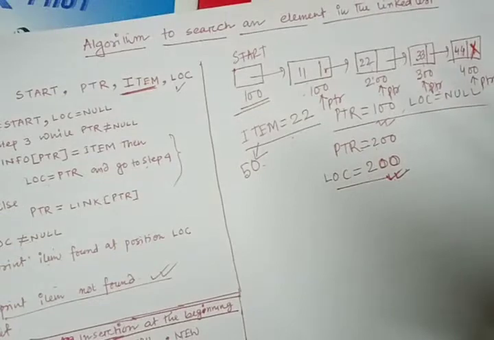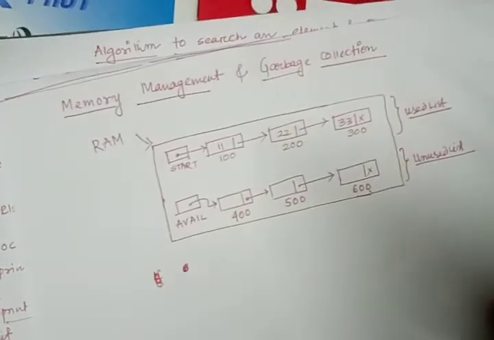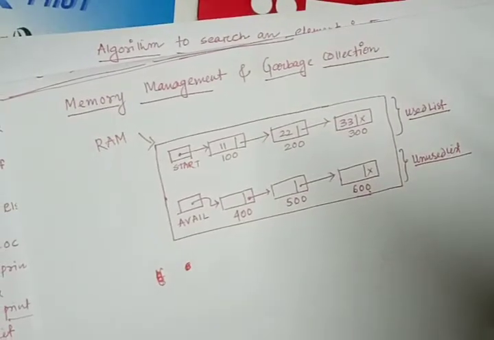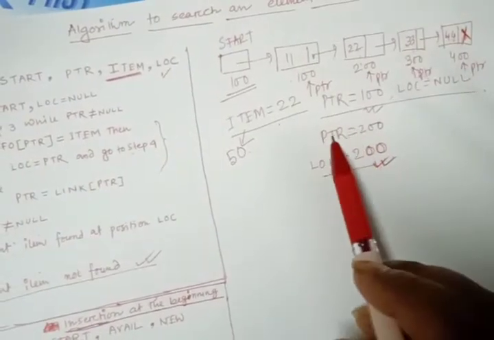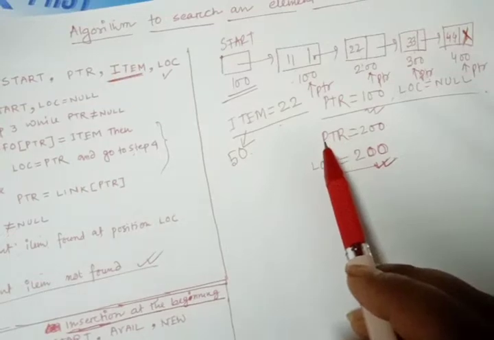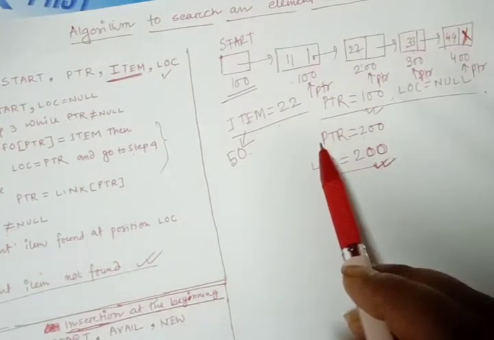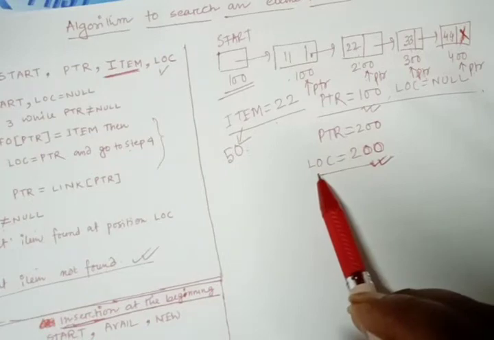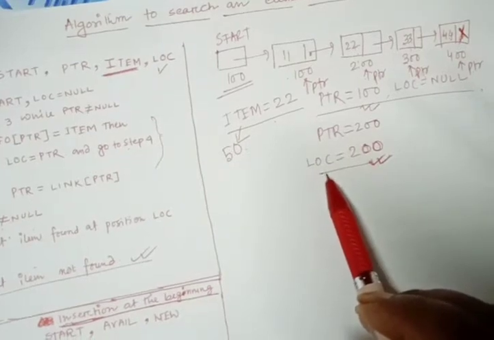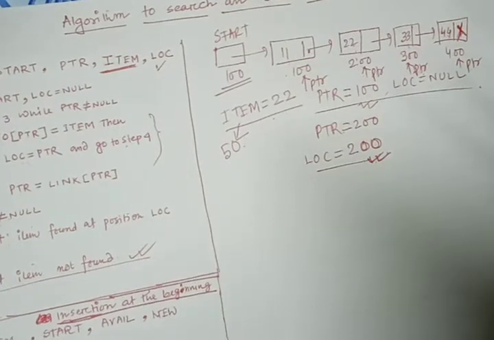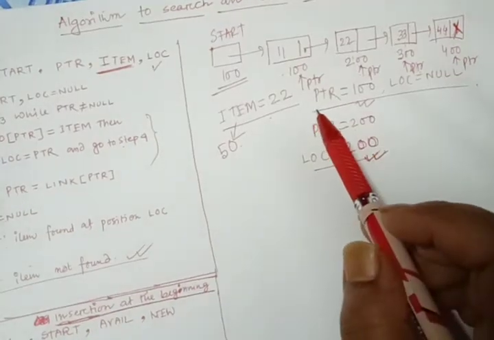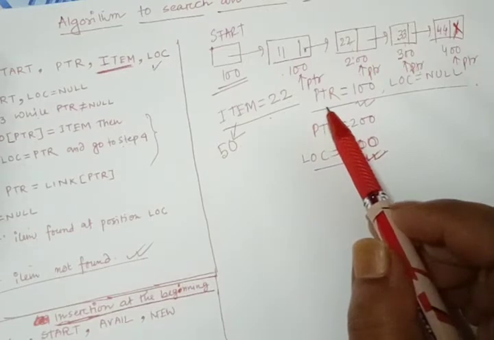Okay, so we move to the next topic. One more thing here: you see that here we apply the linear search algorithm in the linked list. As we know, there are two searching algorithms: one is linear search, another is binary search. But binary search cannot be applied in a linked list since there is no way of accessing the middle element in the list, because in binary search we have to access the middle element.